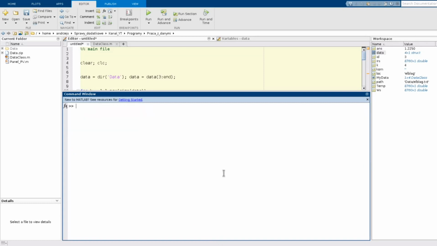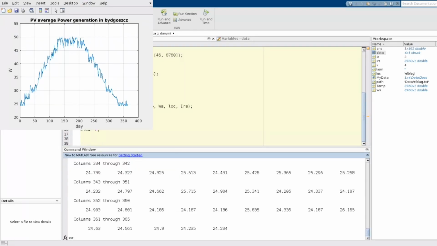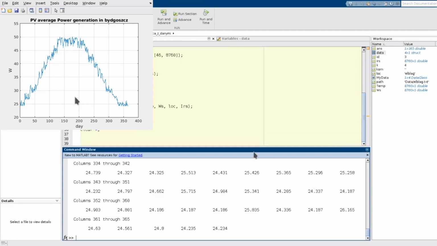So let's have a look about the PV power performance on each of those locations. So I call PV power the class method. Oh, I'm sorry, this is the typing mistake. I should have this in here. Okay, so we have the daily average power generation from a reference PV panel in Bydgoszcz.